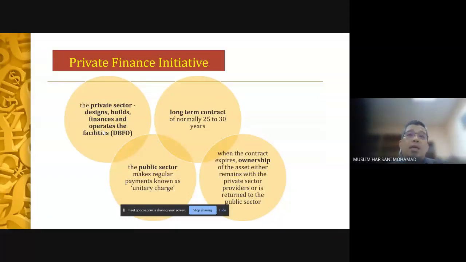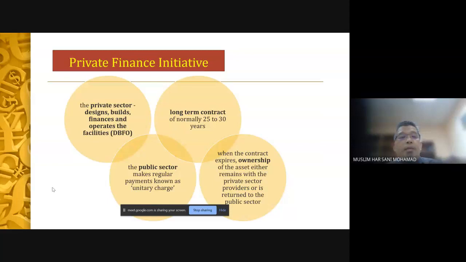Of course, you can ask, okay, why the government? Can the customer pay? Yes, the customer also can pay. There are projects where basically customers pay, not only the public sector. But here, in the initial form, in the planning and design, the government will pay in the form of a unitary charge. Okay, so this mechanism is basically based on the UK-based PFI.